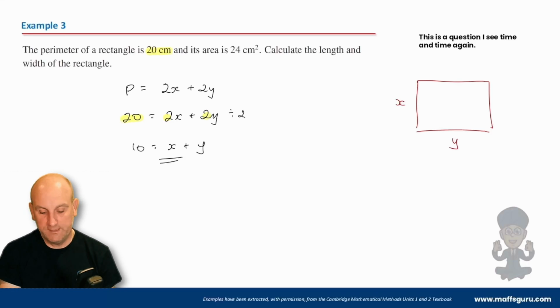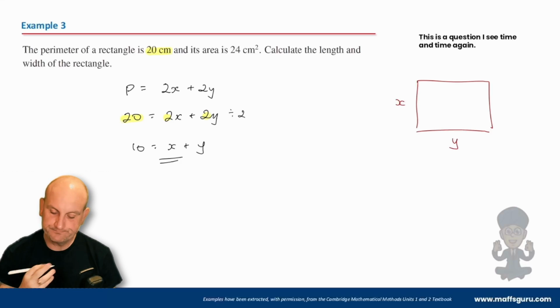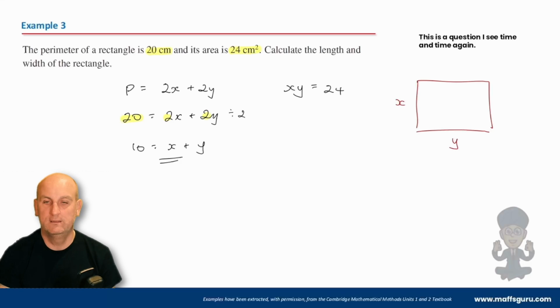Why? Well, because I have two unknowns. Two unknowns, two equations. All right, what other information have they given me? They give me the area is 24. How do I find the area? Multiply. So we now know that xy must equal 24. Hurrah! What do I do? Well,